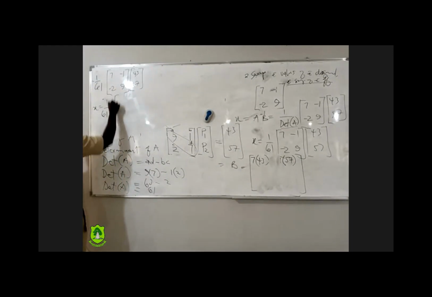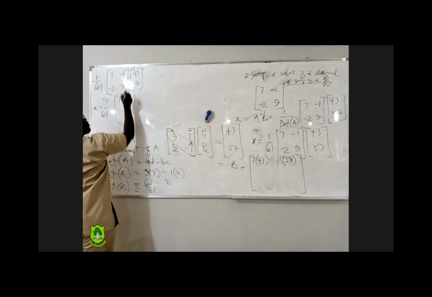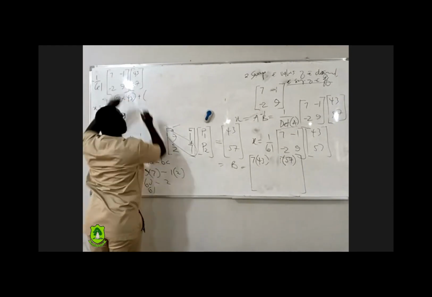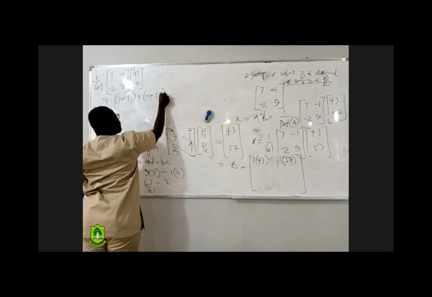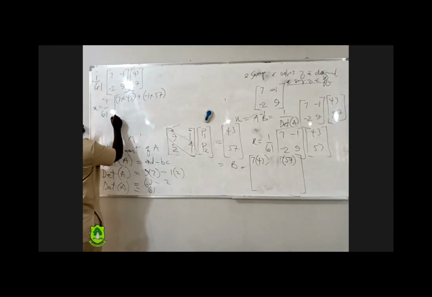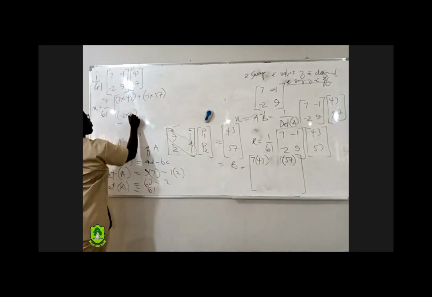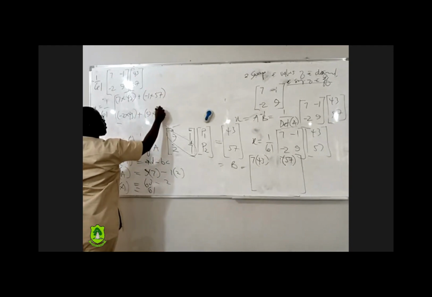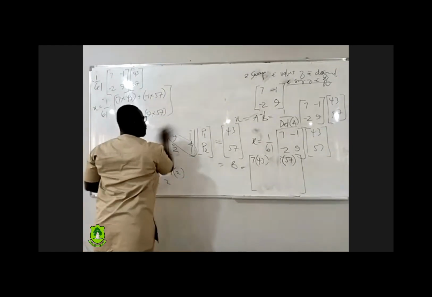Is that not it? This one times 43. Okay, so maybe let's say plus so that you will follow. This one, which is minus 1 times 57. Here will be minus 2 times, plus, okay, that's good, that's good. So we have,